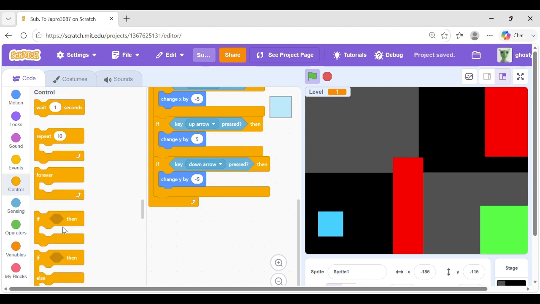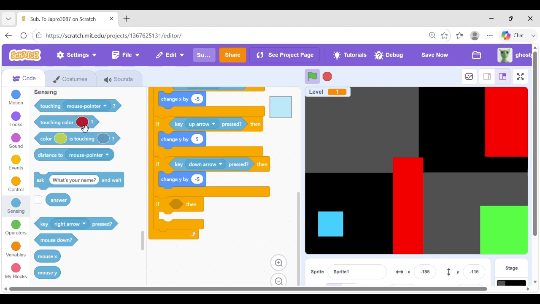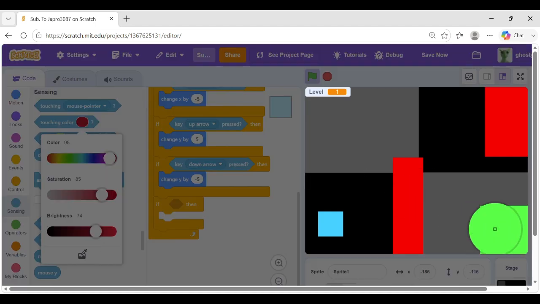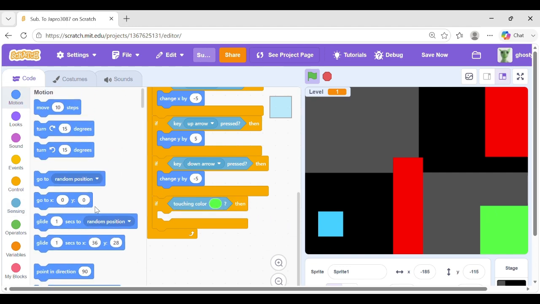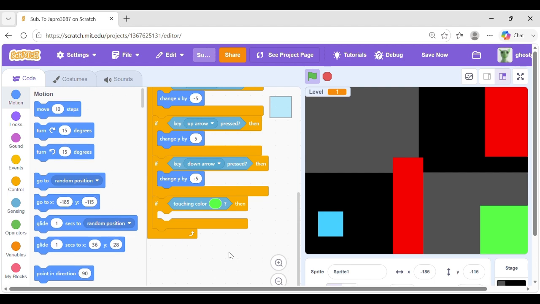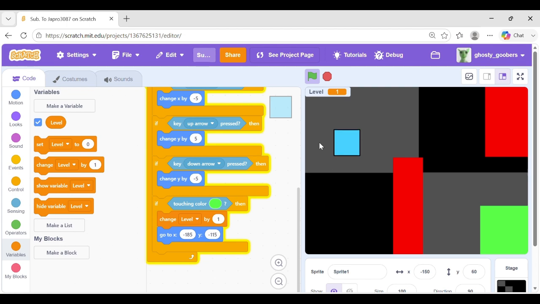So here, to do another thing. If touching color, then we had to minus 185, then minus 115. But for that, we do have to change the level by 1. So, this may not be the best code, but